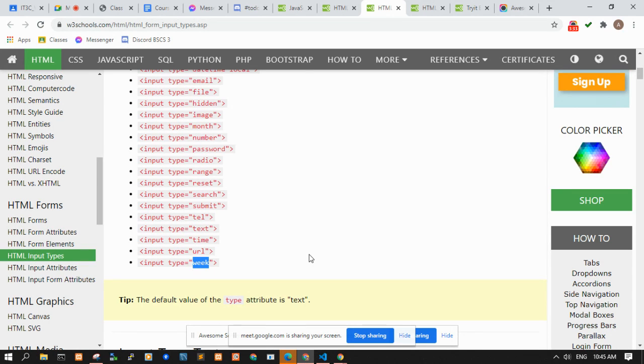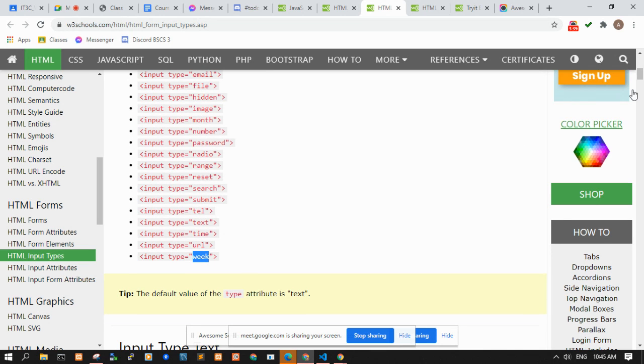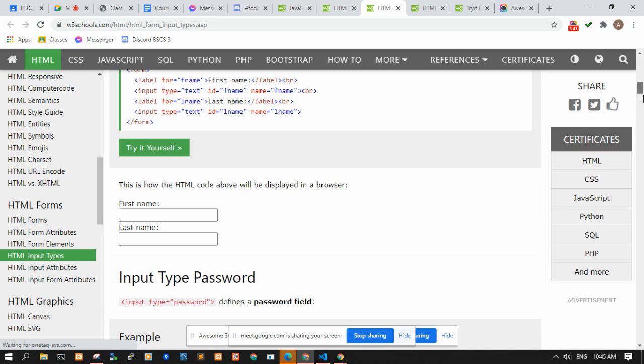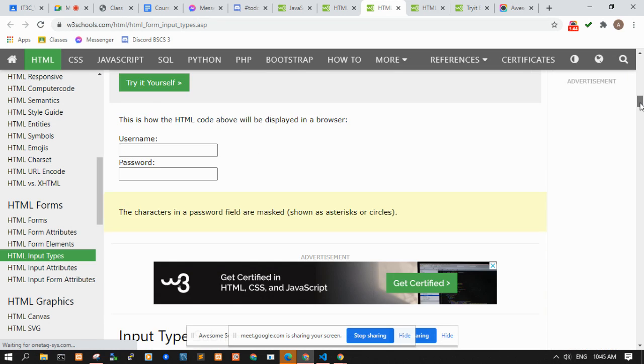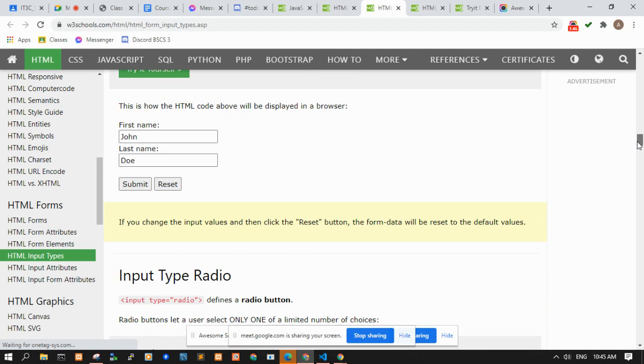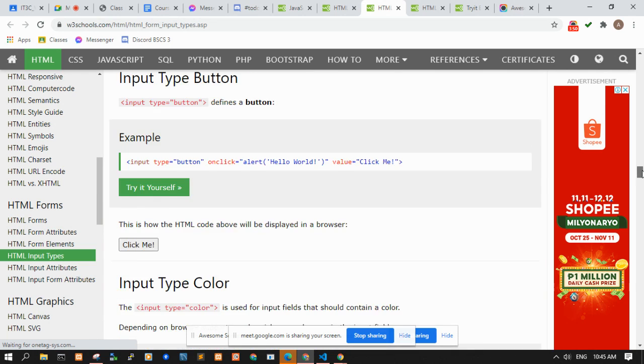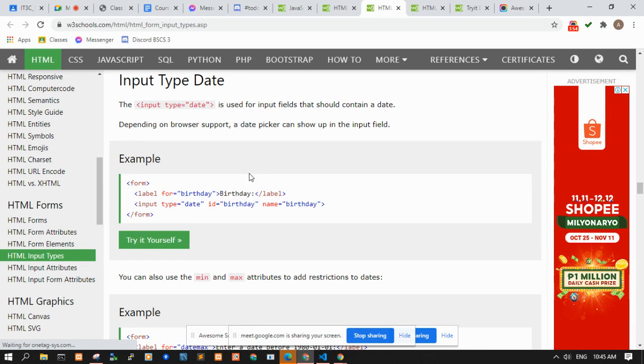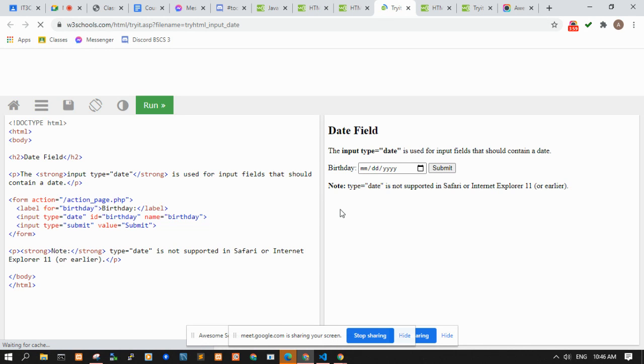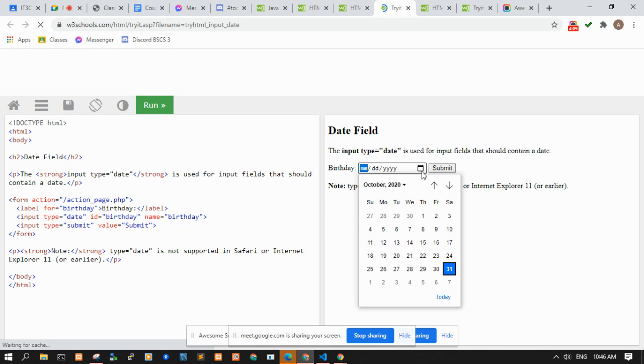So these input types have a special display or special UI depending on the browser that you are using. Just like for example, date has a different appearance in desktop and mobile browsers. In desktop, your input type date might be displaying as an input box with a calendar icon, and once you click it, you will be displayed with a date picker.